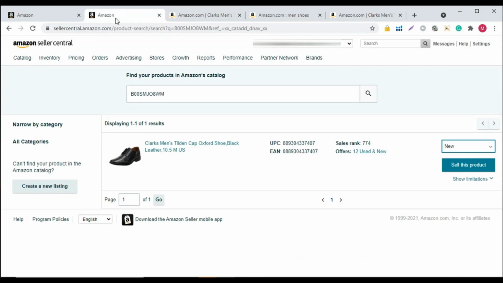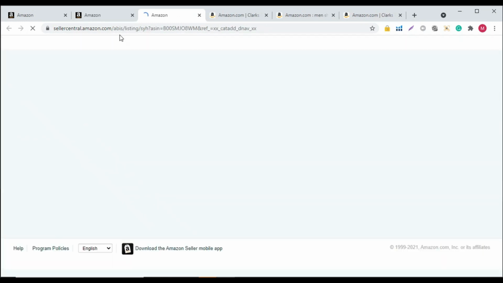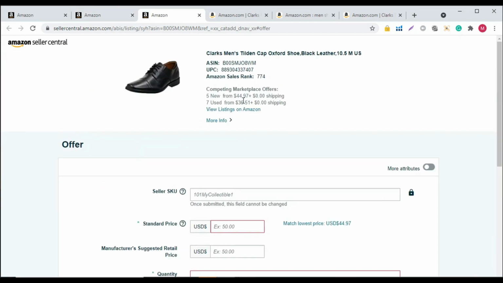But right now they have not implemented any restriction here. They are saying just buy some stock from me and start selling on my listing. So the next thing is you start selling on this listing, like I have applied here. Now he's asking me to just write some SKU. I'm going to write this men shoes.